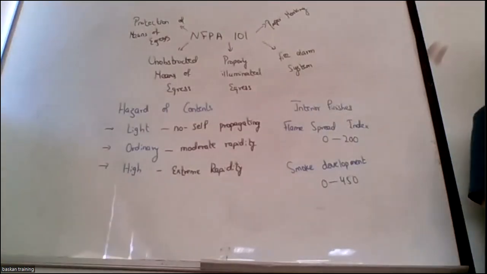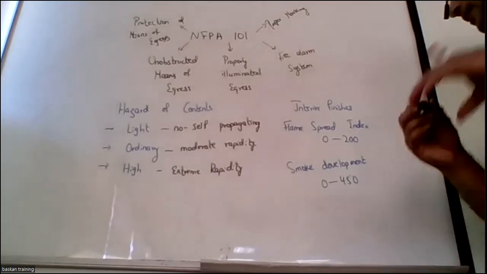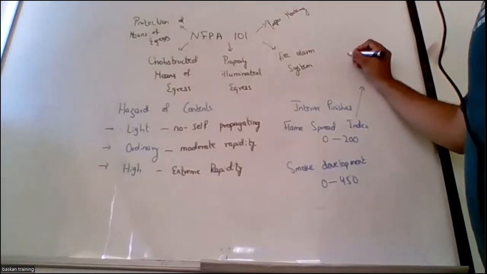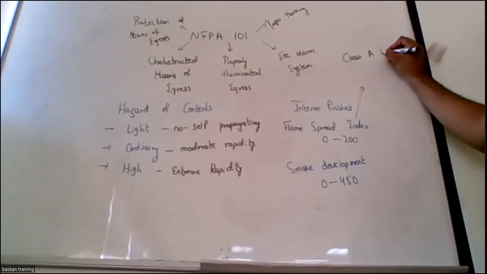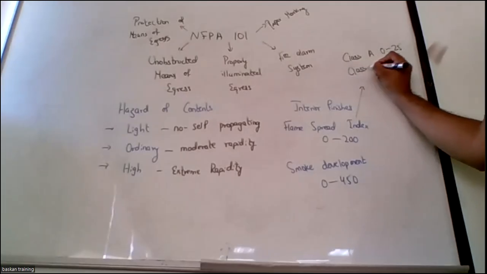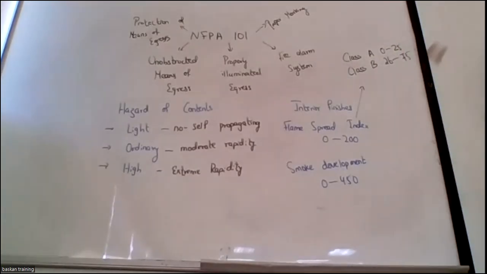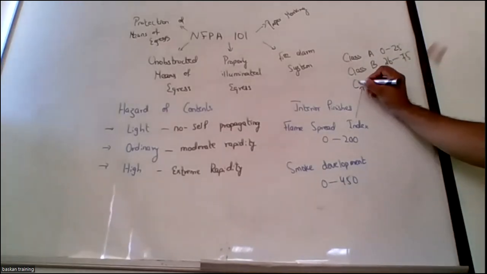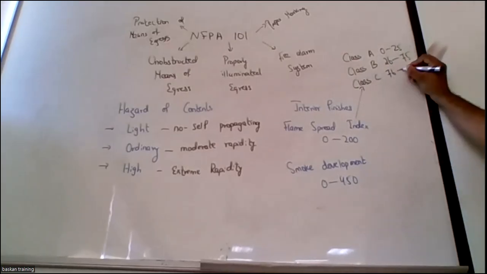When we are talking about a flame spread index, meaning from the name itself, the amount of flame spread over the surface of the content that is available. Flame spread index can be categorized into 3 classifications. Class A materials have a flame spread index of 0 to 25. Then class B, a flame spread index from 26 to 75. Class A and B are good flame resistive materials. Then class C materials may have a flame spread index from 76 to 200.